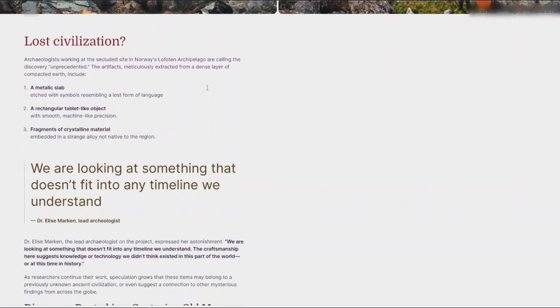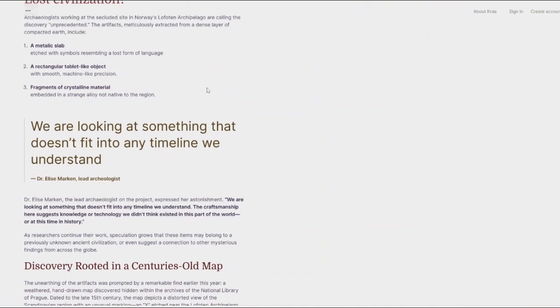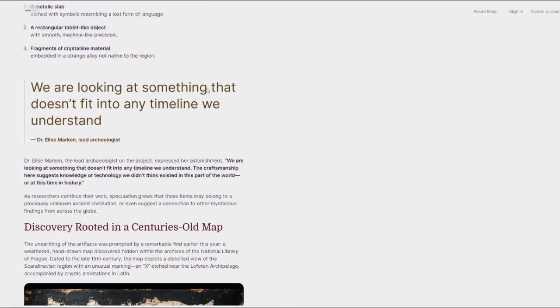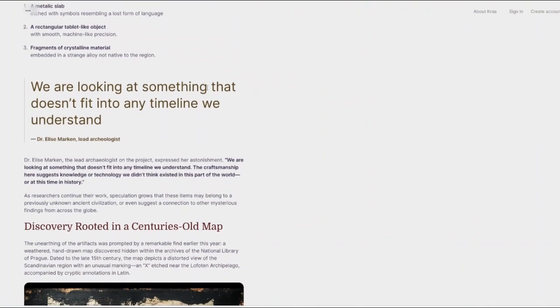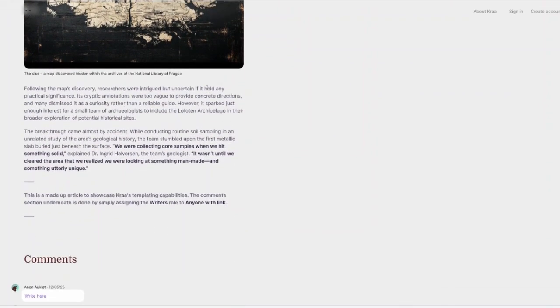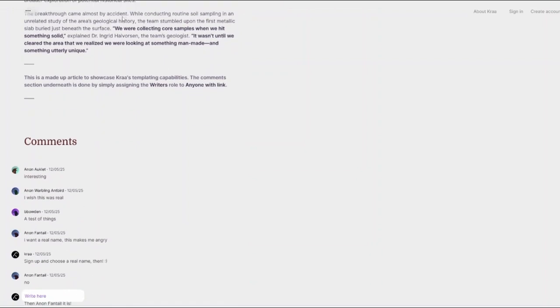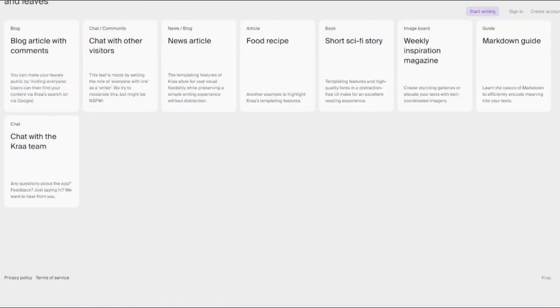So, here's the big question. Is Cra the best note-taking and reading tool? Well, the honest answer is it depends on what you need. If you're someone who values simplicity, focus, and clean writing above everything else, Cra is excellent. It's especially well suited for writers, bloggers, students, and small teams who want to collaborate without dealing with feature